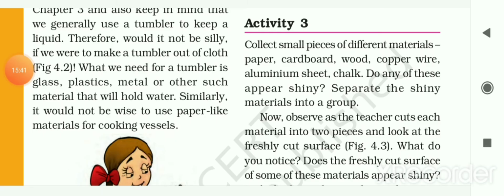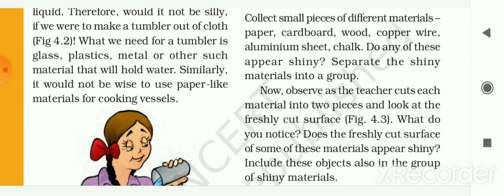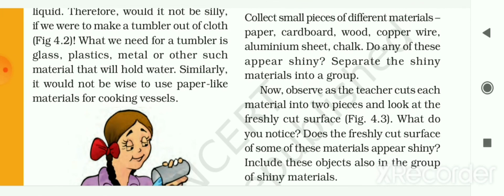Here the next activity is given to you. For that, collect small pieces of different materials like paper, cardboard, wood, copper wire, aluminium sheet, and chalk. Now do any of these appear shiny? Separate the shiny materials into a group.